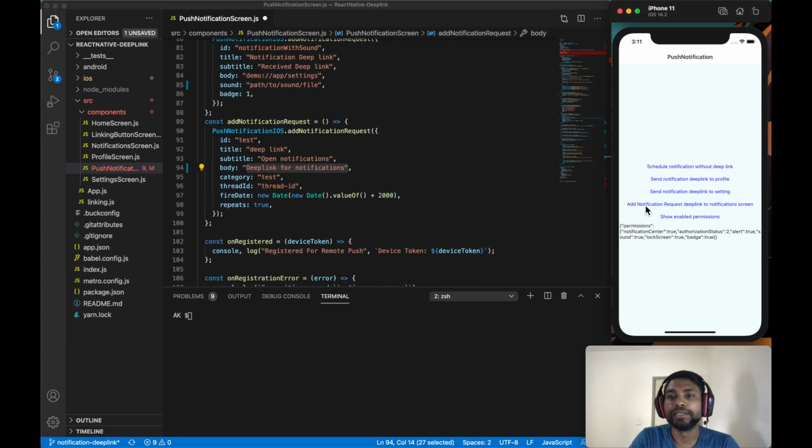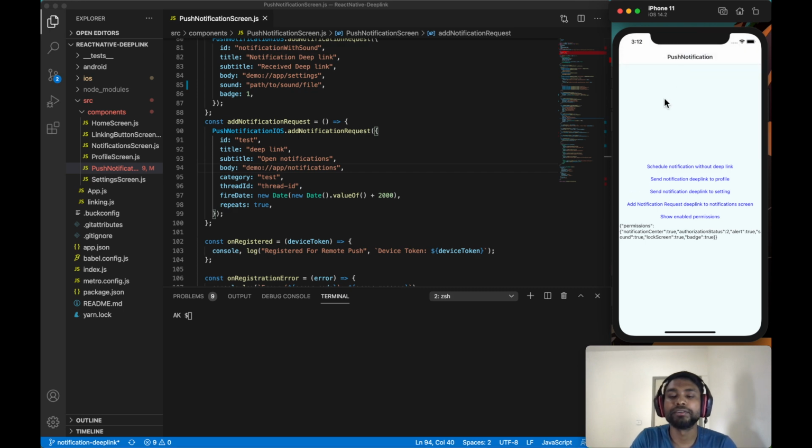Our fourth button is add notification request deep link to notification screen. If you remember from the last video, the deep link URL for notification was demo app / notifications. If I click on any of these buttons, it will show a notification with the deep link URL. Same with settings and same with notifications, as you can see on my screen, right?